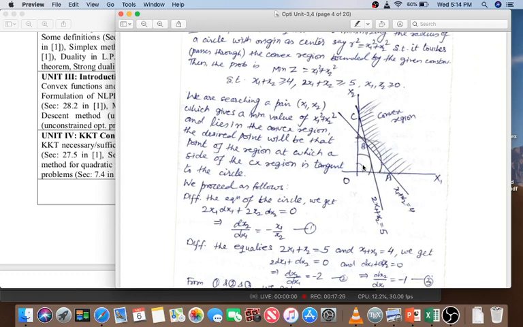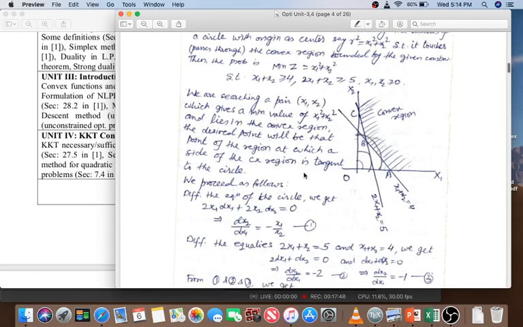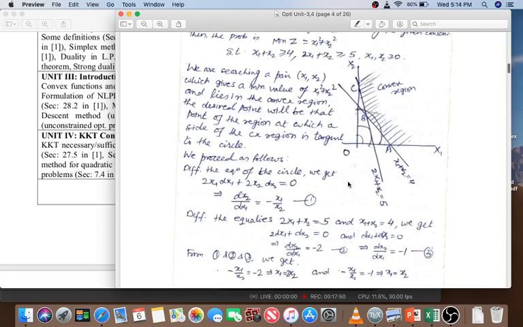As I told you, say we have a circle, and if you start extending the circle, it will extend like this, and whenever it enters the convex region, wherever it touches the convex region, that point of contact is common to the circle and the convex region, and it gives you the smallest point. At that point I can take a tangent line to the circle.